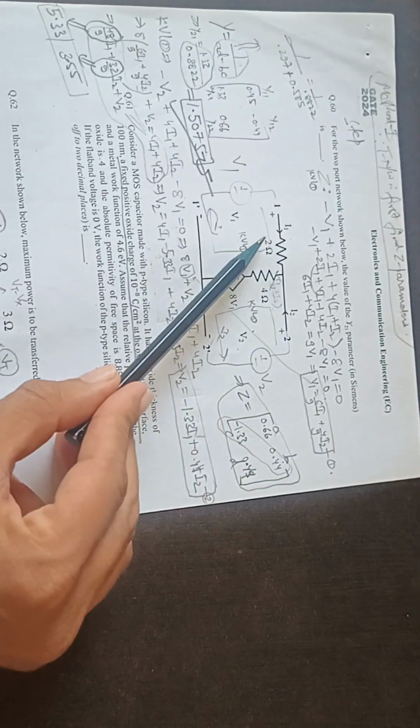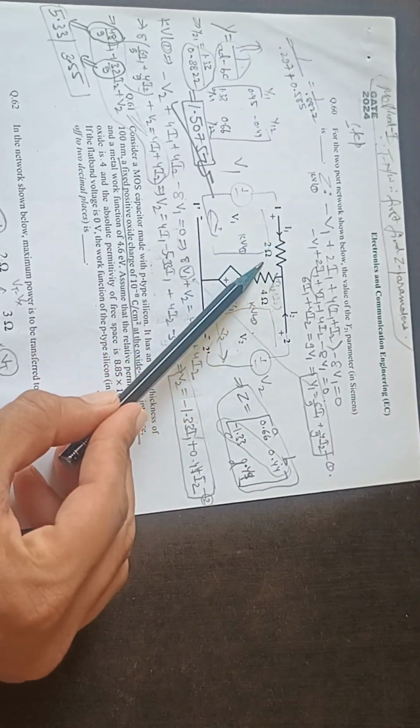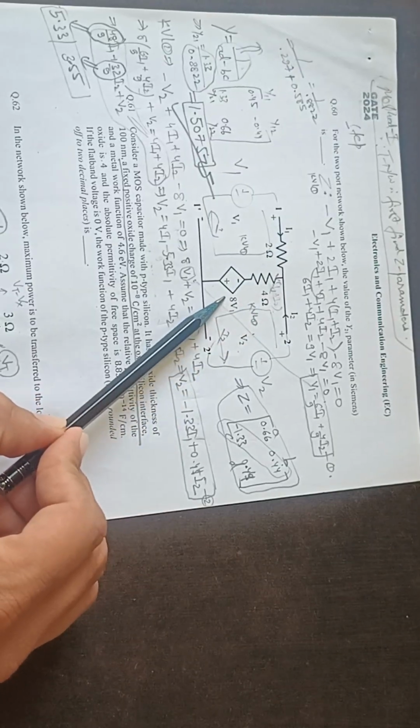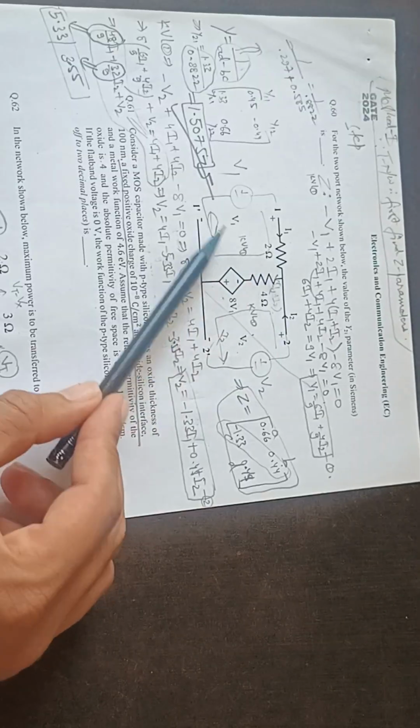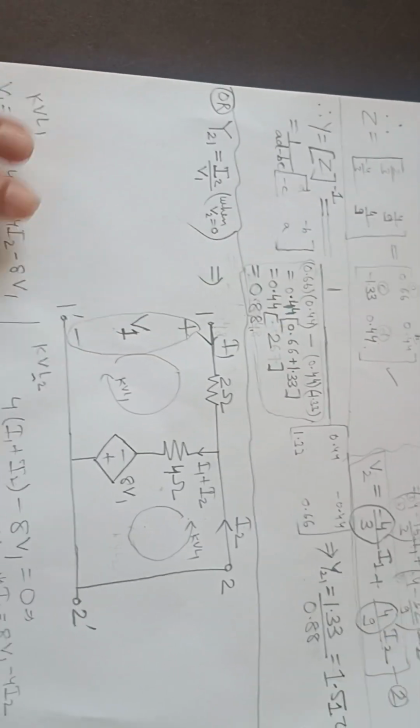Okay. So this is the network. So there is a 2 ohm resistor, 4 ohm resistor, and this dependent source of minus 8 V1. Okay. So voltages and current are marked here, and we need to find the Y21 parameter. So there are two ways of doing it. First is like you want to solve it directly, then you can see that